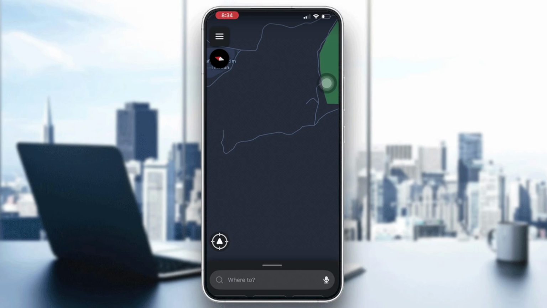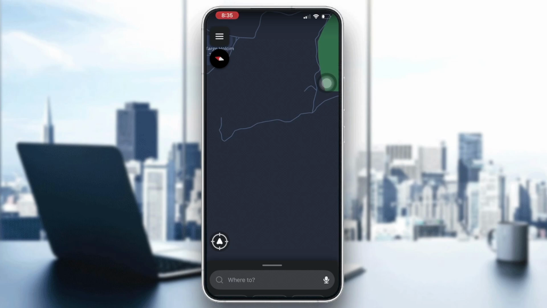First, you will need to open Waze and start your navigation on the map screen. And look for the music notes or audio icon. So just go ahead and tap it to open Waze's audio controls. And if you have connected a supported music app such as Spotify or Apple Music, you can then select it